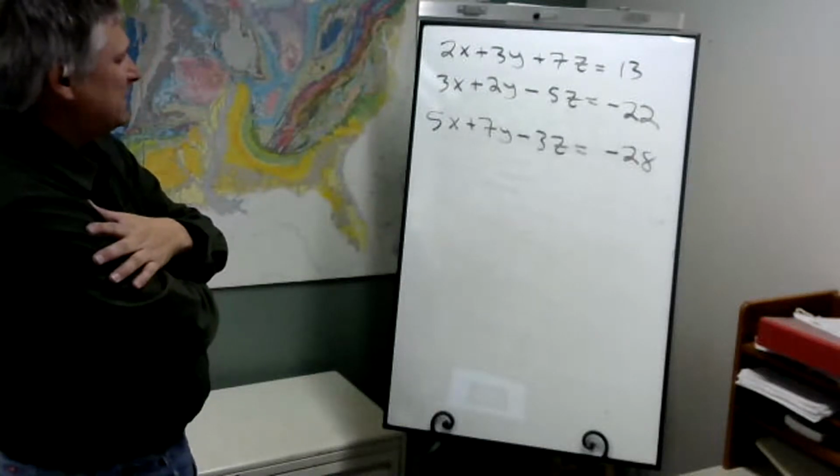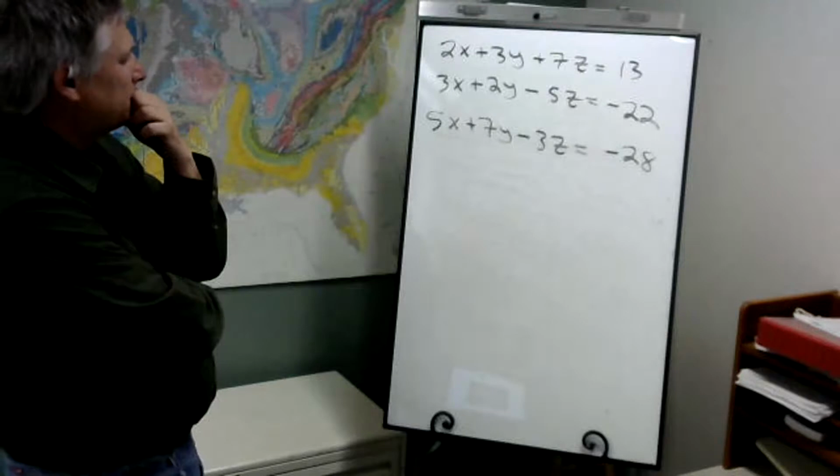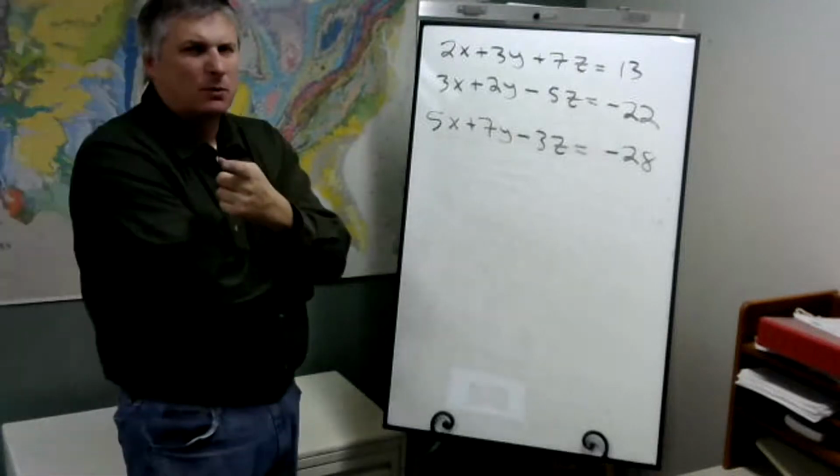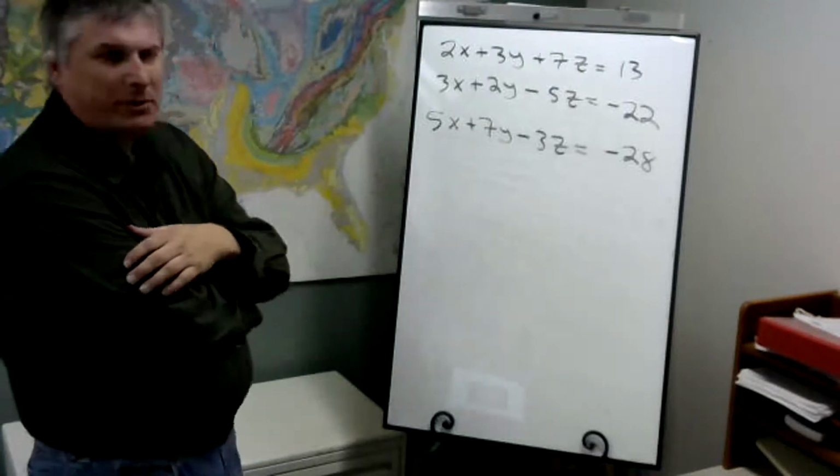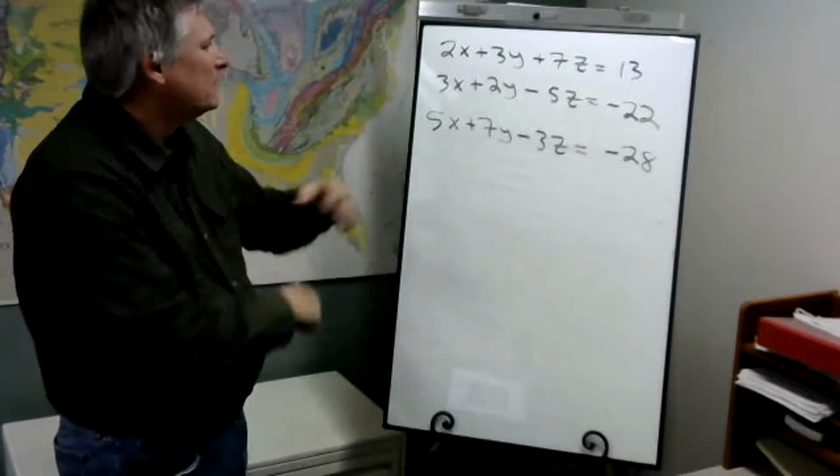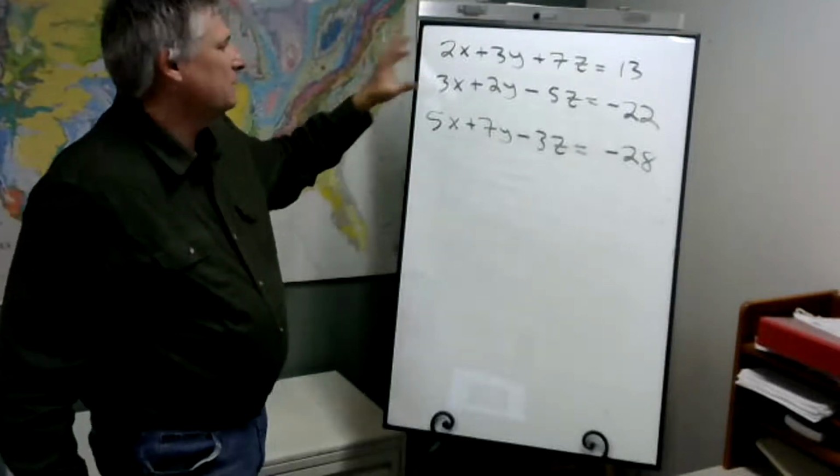And let's see here, what do we want to do? Let's say again, let's go for x's and y's. Let's try to get a system of 2 equations with x's and y's. So if we combine these two,